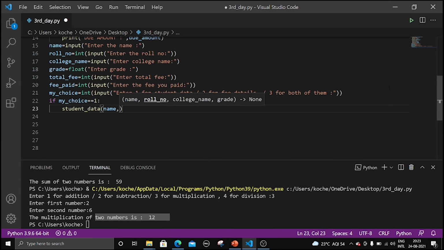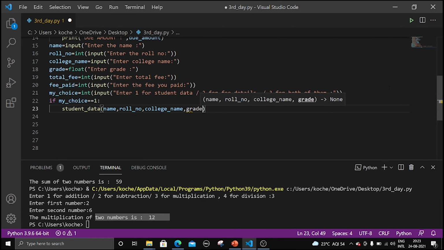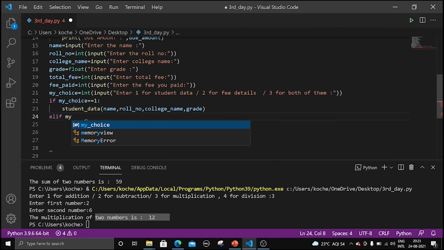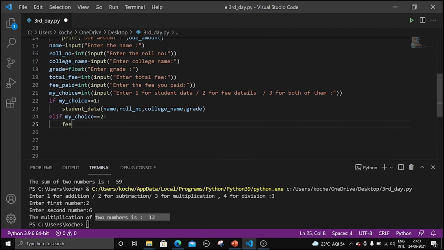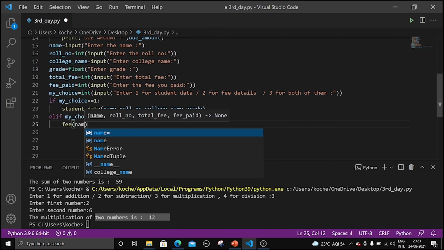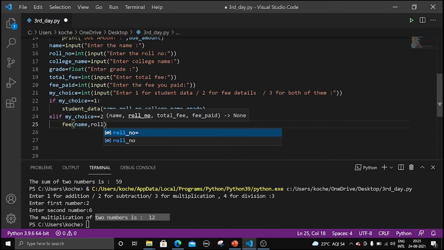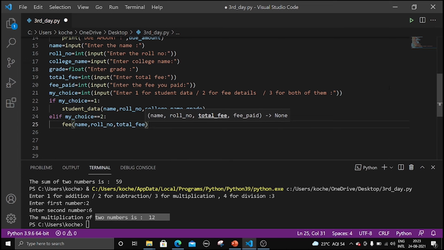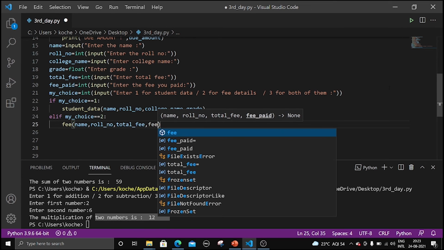Name, roll number, college name, and grade, right? And if the user has selected 2, that is only for fee details. If my choice is equal to 2, we have to call the fee function, and under the fee we have to pass roll number, we have to pass name, roll number, and we have to pass total fee, we have to pass fee paid,